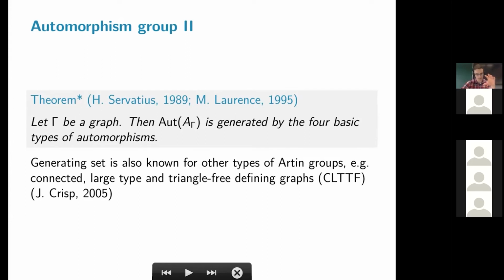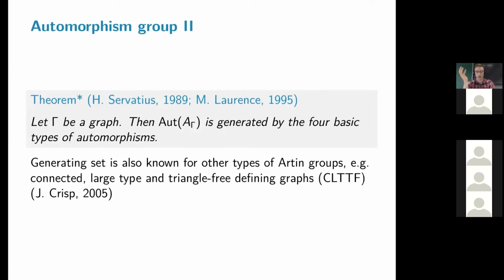So this is nice because if you have a generating set for your automorphisms, you can either use this to form like a standard representation of an automorphism if you investigate how the automorphisms of basic type relate to one another, or just as a handy tool to test for certain subsets of automorphisms if they are formed in a specific way. Now, as far as I know, there is no general description of the automorphism group for Artin groups